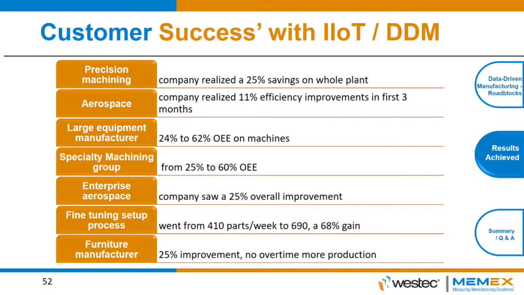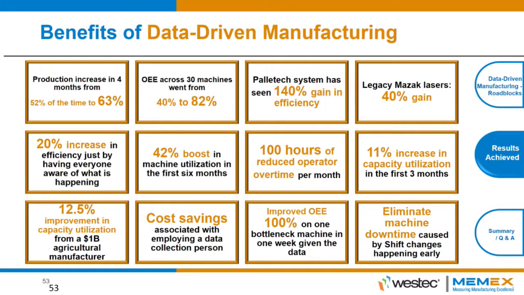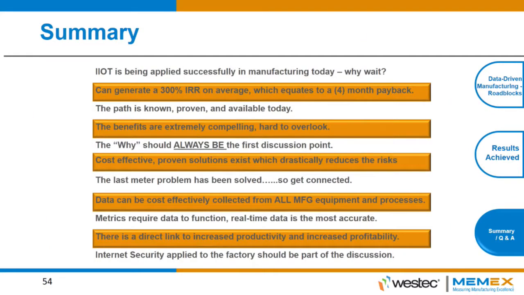It's a 68% gain. I could have 1,000 stats on here, and if you looked at your manufacturing operations, chances are some of these will apply to you, and there'll probably be some that will be completely different. This might be your reality, one of these boxes here. I could have a dozen slides of these. It just depends on your manufacturing operation, the parts you make, the type of equipment that you use. But it is a common theme.